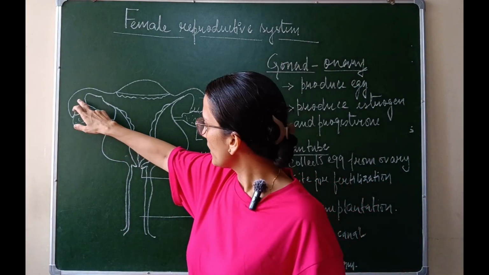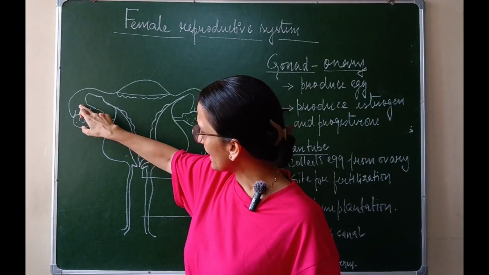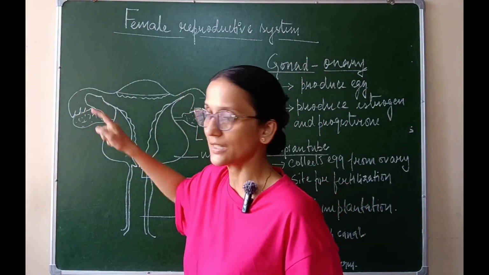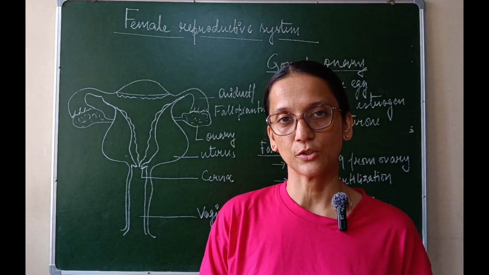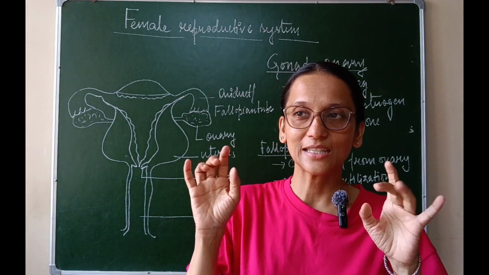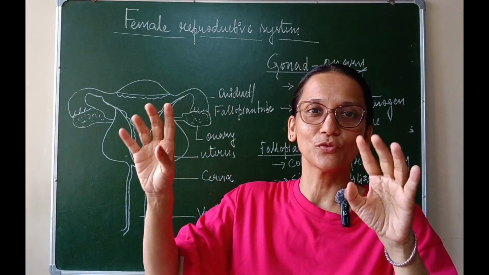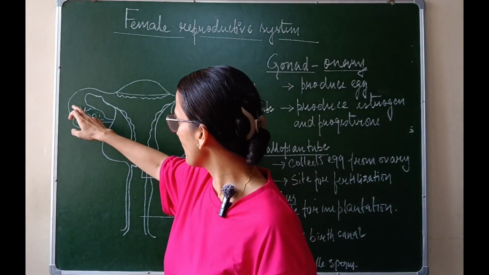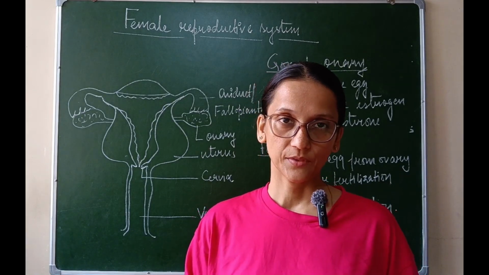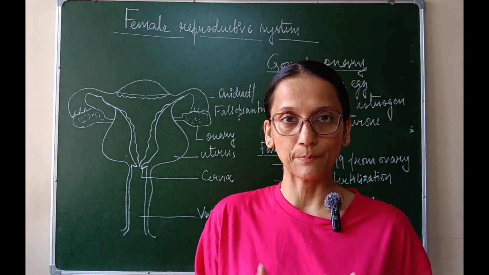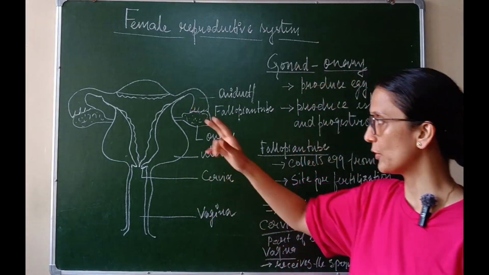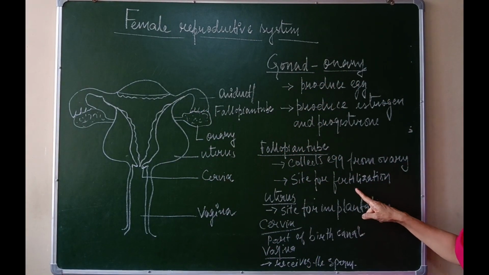Sperms have tails, they can move from one place to another, but the female egg cannot move. So the egg will be kept in the fallopian tube and is going to be moved a little further with the help of certain cells which are present in the inner wall of the fallopian tube. These cells have cilia-like structures on their top. So these cilia propel and help to move the egg a little bit from this part to this part. And there the egg waits. For what? For the sperm to come and perform the process of fertilization. That is why we say that the fallopian tube is the site for fertilization.